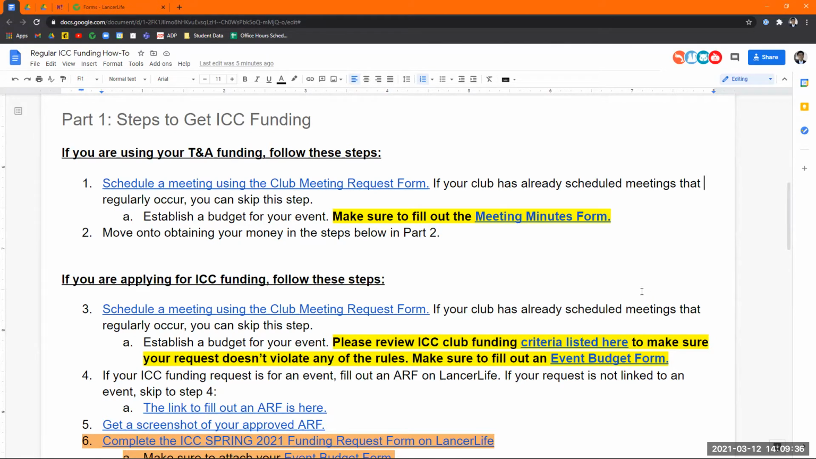You are allowed to do things with it, such as buy gift cards or give gifts to members or to speakers, because it is your money that you've raised. You cannot do that with public money, the ICC money. Think of it this way: